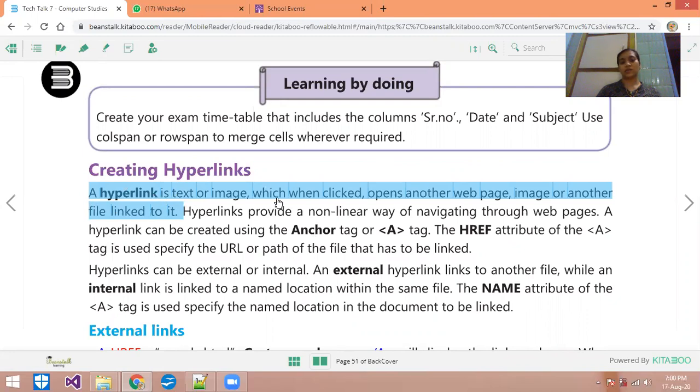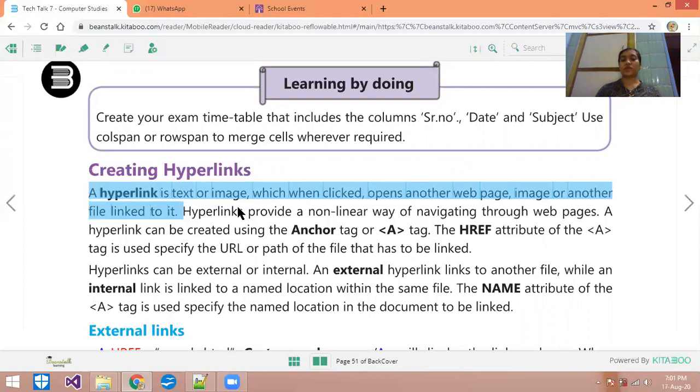A hyperlink is a text or image. As we see, the one hand will appear. Whenever you see the hand in the web page, it means it's a hyperlink. आपको दूर से देख के ऐसा लगता था कि वो सिंपल इमेज है. But whenever you take the mouse cursor on that, you can see the white hand on that. It means it's a hyperlink.